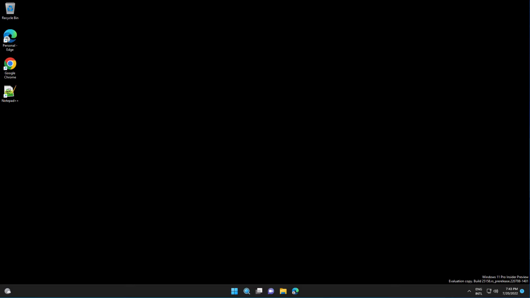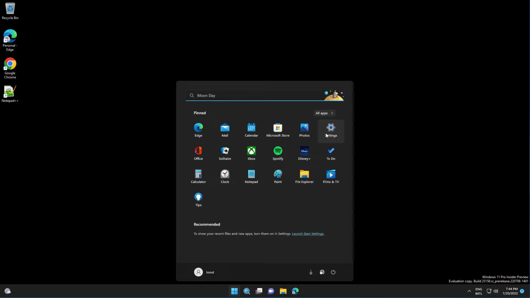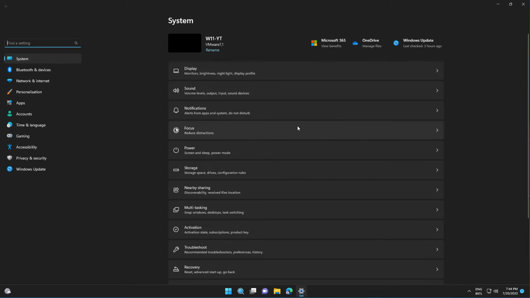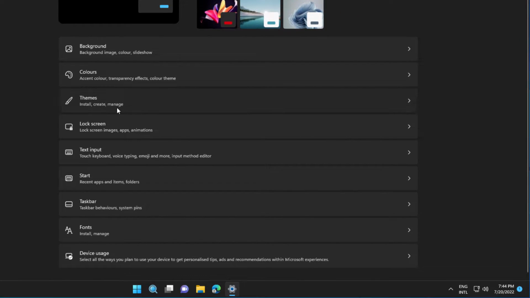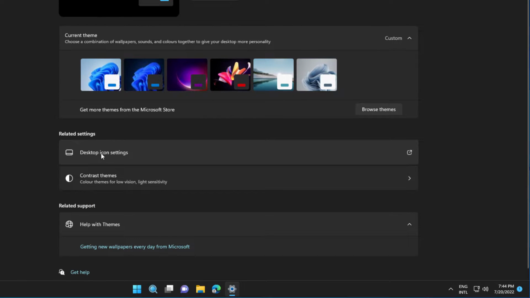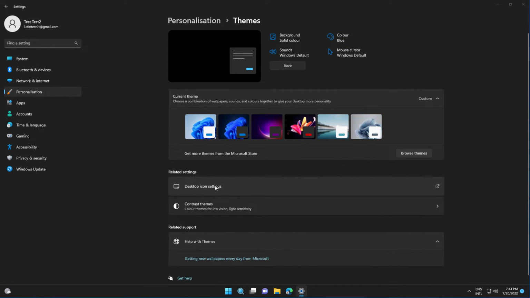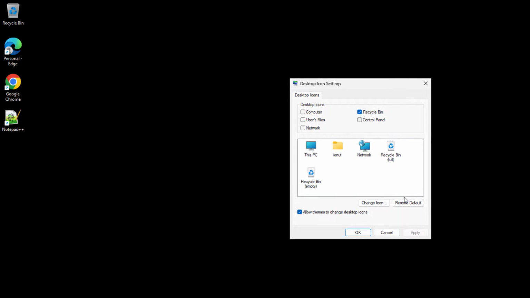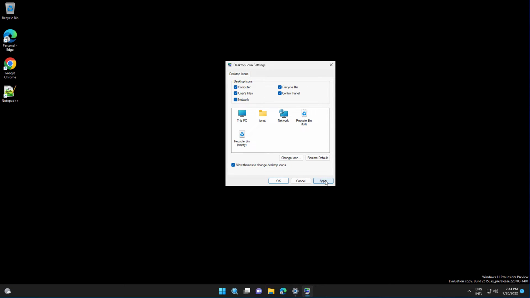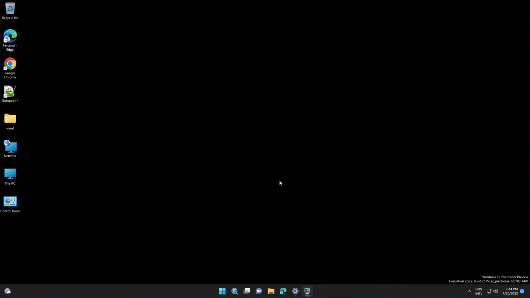So for this you need to open settings, then navigate to personalization, themes, and then select desktop icon settings. In here you can choose which desktop icons to appear on your desktop. So I select all of them, click apply and OK, and you'll have the icons